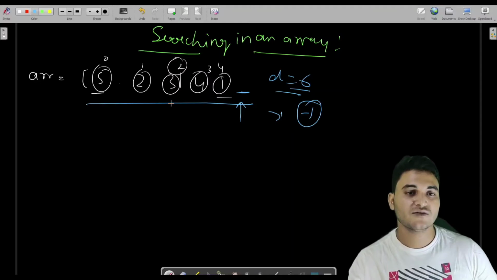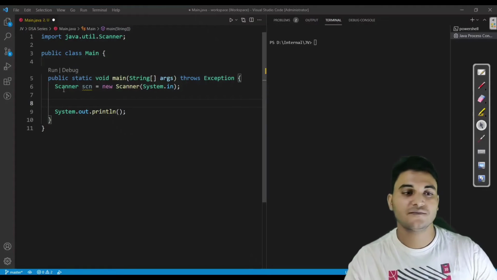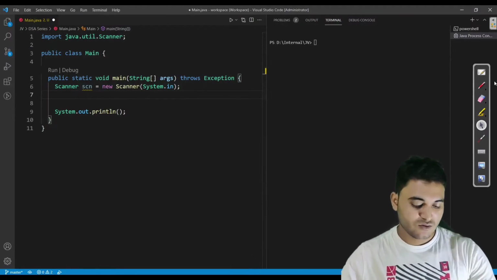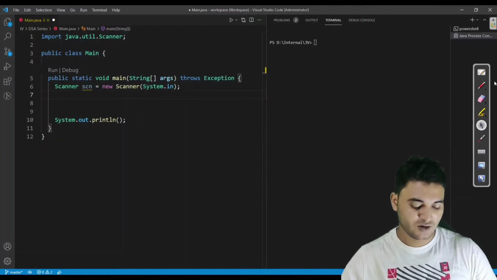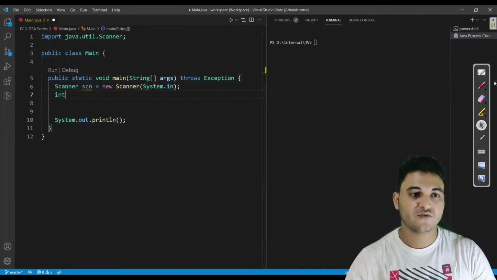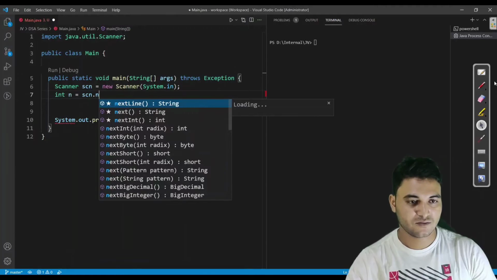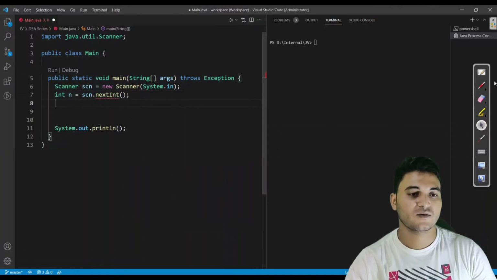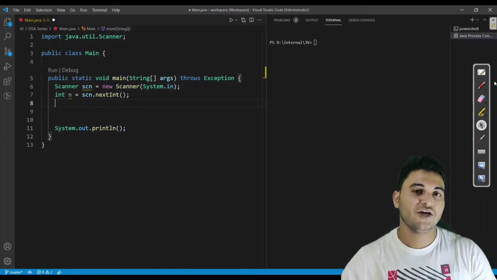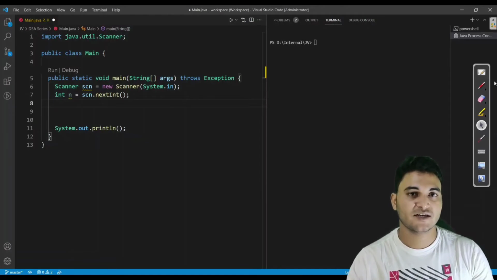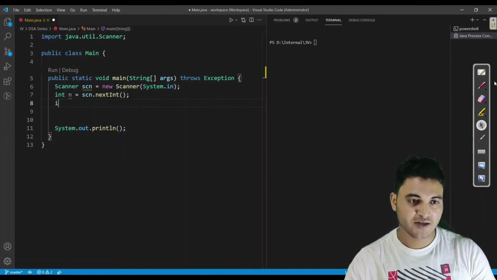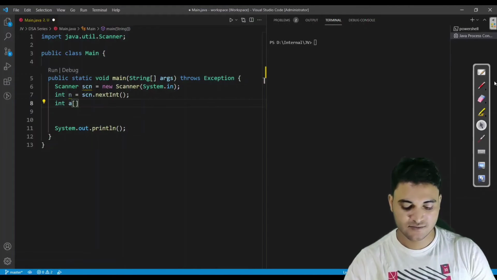So there is nothing much in this algorithm. Let's directly code it up. This is how you begin with the arrays program. Firstly, you have been provided a number. Let us say n. I would take the number into n. And you would be provided n numbers. Let us say you have been provided 5, then you would be provided 5 numbers. So you have to declare an array of size 5. This is the syntax for array declaration.